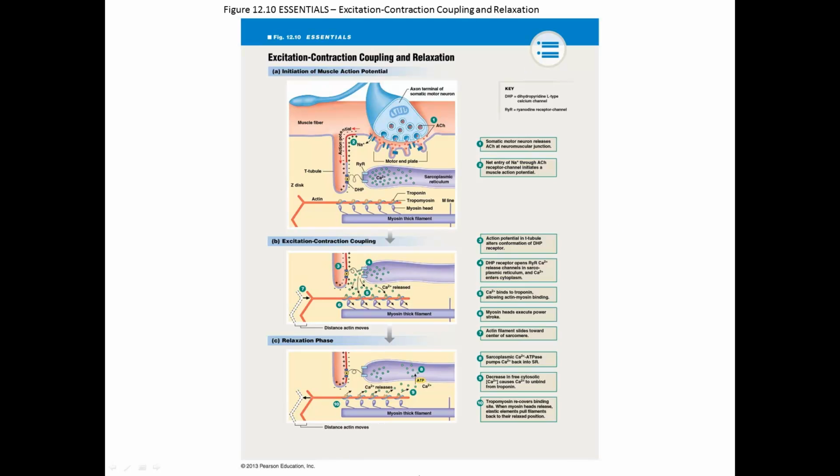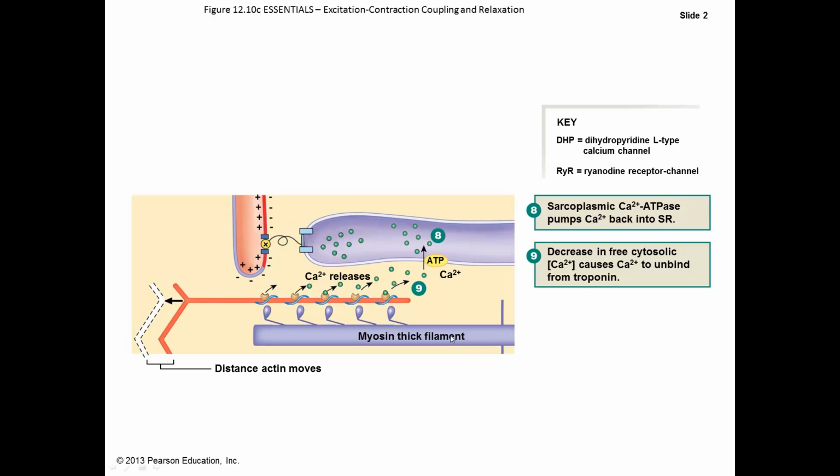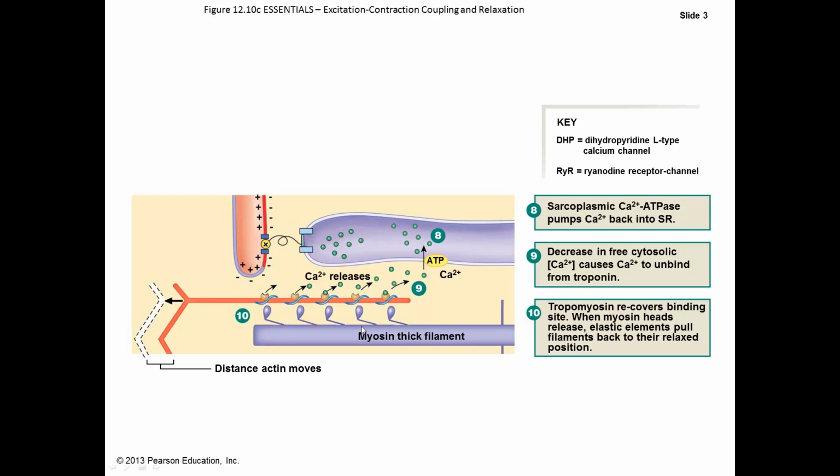This is an overview, and I would expect that you would be able to walk yourself through these steps, either by looking at these diagrams, or if given one of the steps, you know what happens next. So calcium is released, the cross bridge is released, the muscle relaxes. Tropomyosin recovers that binding site, and